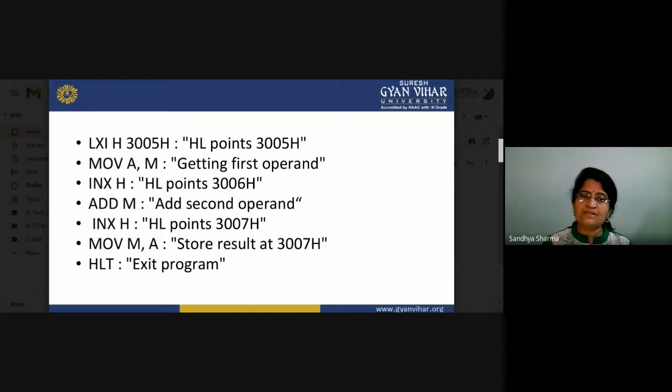So now ADD M does the addition of those two data, and the result is again stored in the accumulator.